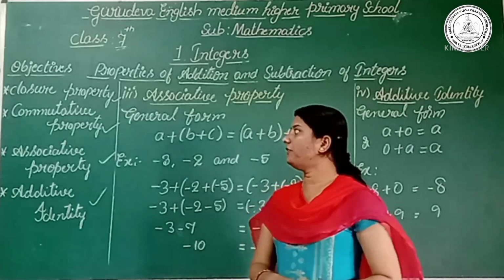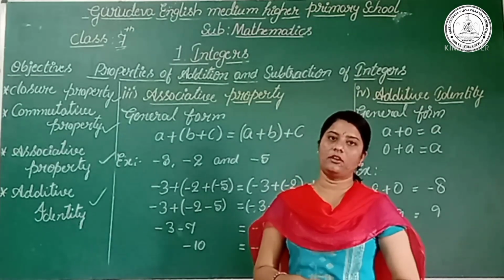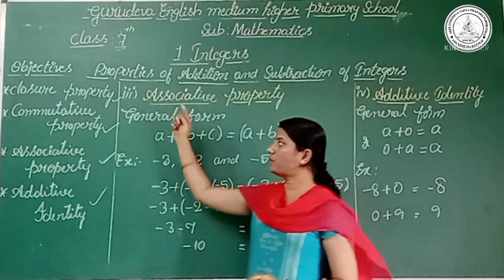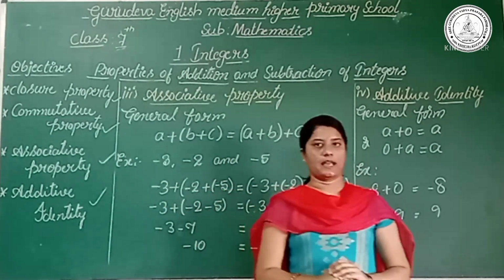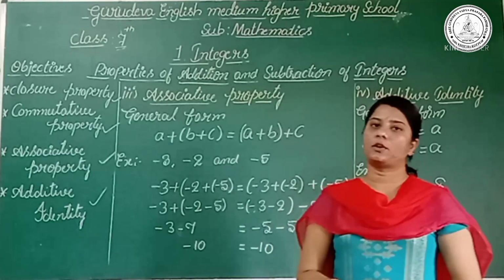So up to here we have learned the 4 properties of integers, that is closure property, commutative property, associative property and additive identity. So in the next class we are going to solve